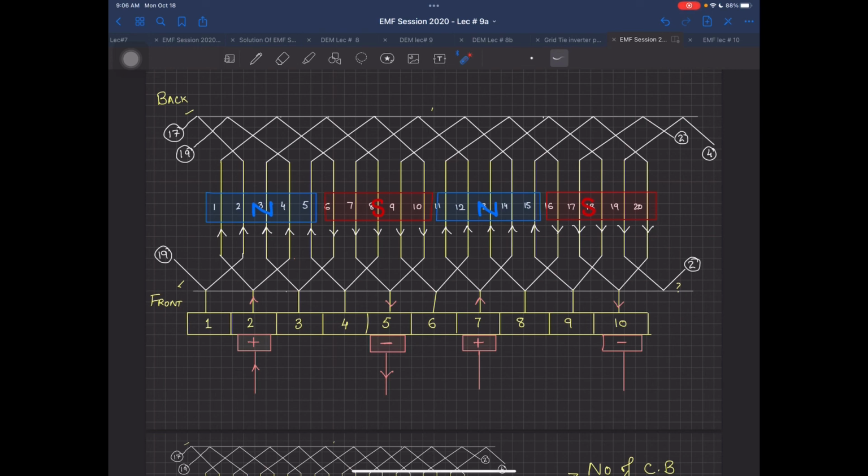Please see how this winding is being done over here. You have to make it legible, so this is readable. Since you are going to do it by hand, please have this diagram as neat as possible, and you can use colors over here to differentiate, because this is a single layer. If it was a 2-layer winding or a duplex winding, which I will be showing in 9B, then it will be a little different. Okay?